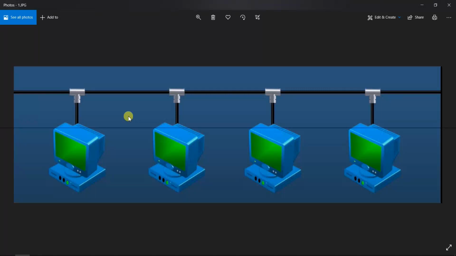Let us see this in detail. For example, consider these as A, B, C, D. If station A wants to send data, it first senses the channel for any traffic. If it doesn't sense any data traffic, it starts sending the data to its destination. Similarly, if host D also wants to send data, before that it senses the channel for any traffic. If it doesn't find any traffic, it then starts sending data to the destination.